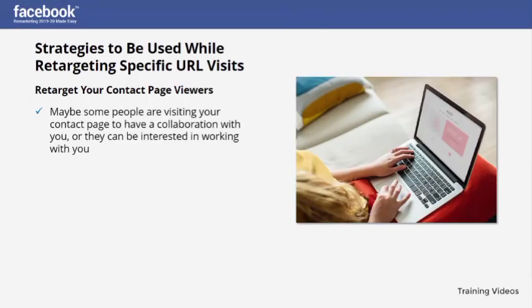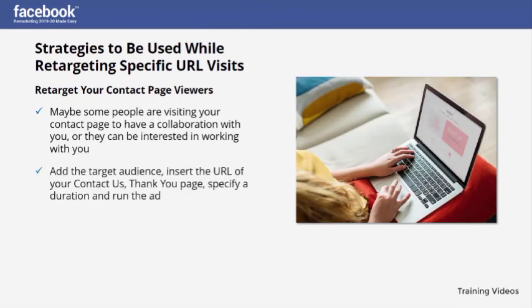Maybe some people are visiting your contact page to collaborate with you, or they may be interested in working with you. Hit them with the right ad, the one including your policies of working with others, how you hire employees, and your contact information. This ad can help the audience get what they want and remind them to talk to you. Add the target audience, insert the URL of your Contact Us Thank You page, specify a duration, and run the